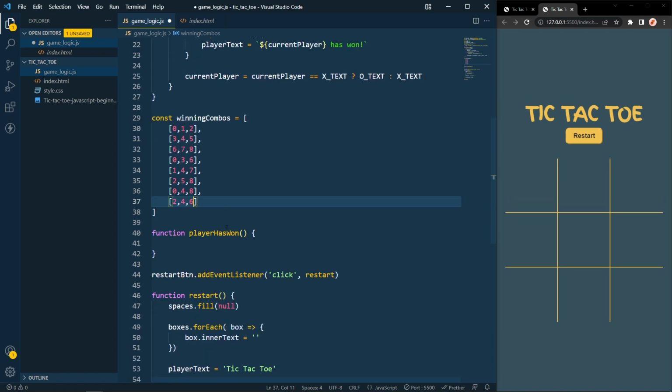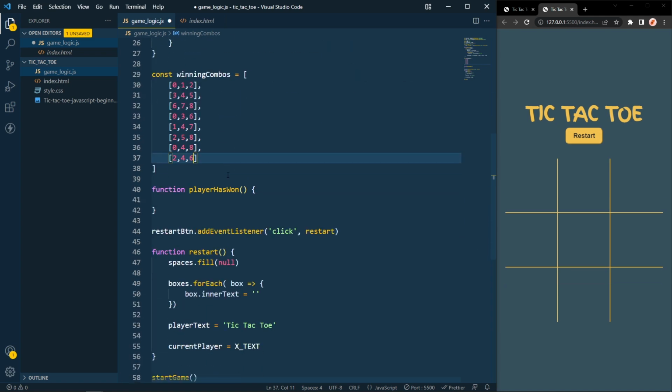Yeah, and hopefully I got all the winning combinations over there. What we're going to do is check, does the user X currently fill all 3 of the spaces, and if so, that user has won. So the current player has won, and for us to do that, you're going to have to loop over that